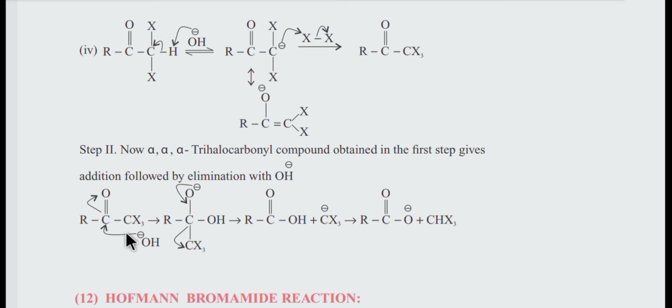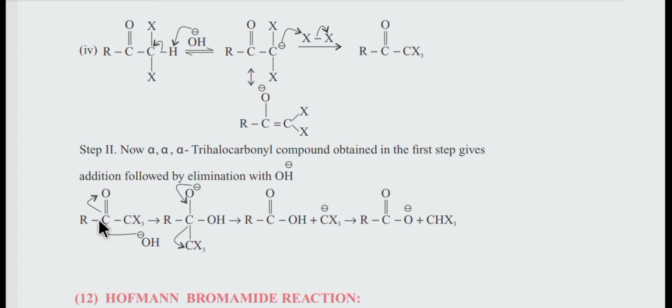So in the second step, once again the OH negative ion will attack on this carbon, the carbonyl carbon, or electrophilic center, then a nucleophile can attack on this. Before, in the first step, the OH group was used as a base, but here it will act as a nucleophile, because that is the main difference between base and nucleophile. A base is the species, the group that abstracts a proton from any compound, while a nucleophile is the species, the agent, the group that attacks on any center, mostly on the carbon center in organic chemistry.